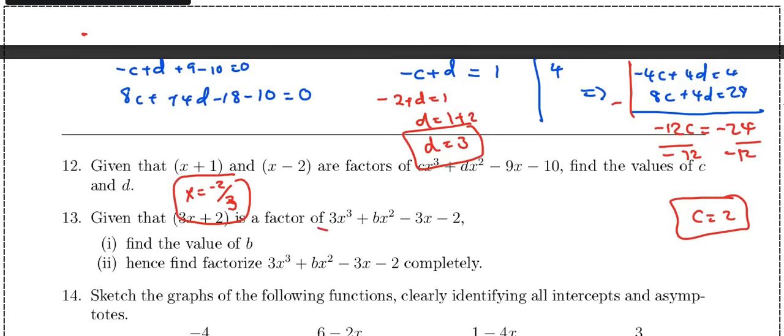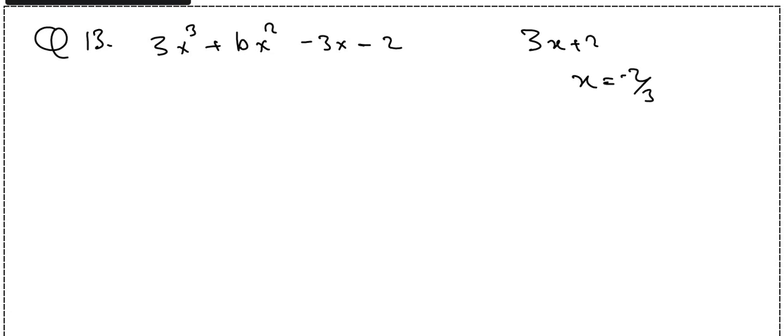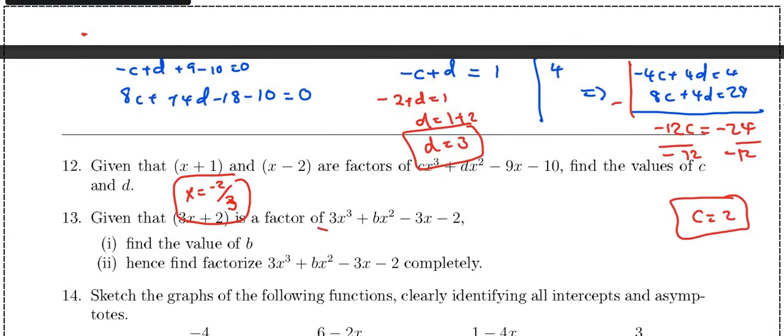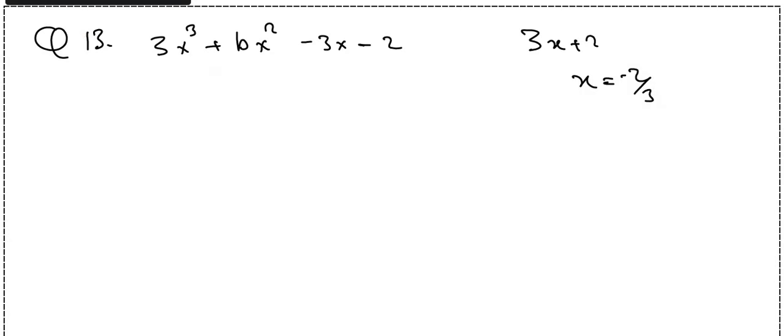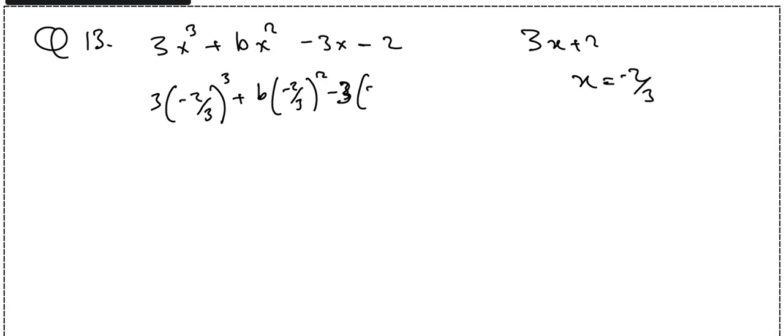Question 13, that's 3x^3 + bx^2 - 3x - 2. And they're saying 3x + 2 is a factor, so x is equal to negative 2 over 3. Then when you put the expression here, we're saying 3(-2/3)^3 + b(-2/3)^2 - 3(-2/3)